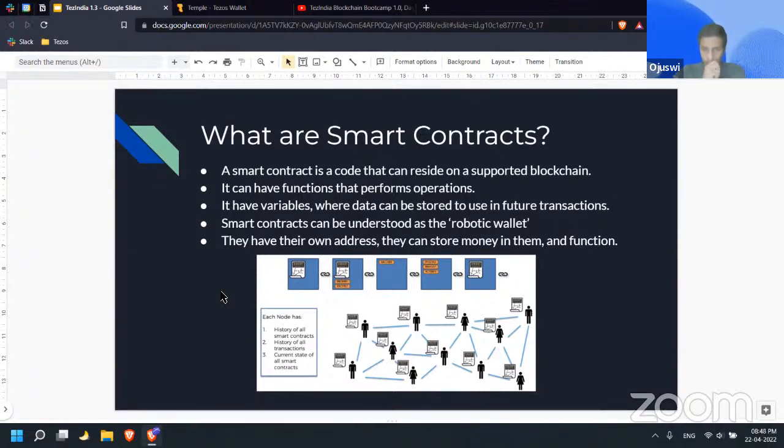So that makes it very similar to a human handling a wallet, but it's just not a human; it's a code, and they have their own address. Yeah, we can store the money. And one more thing,